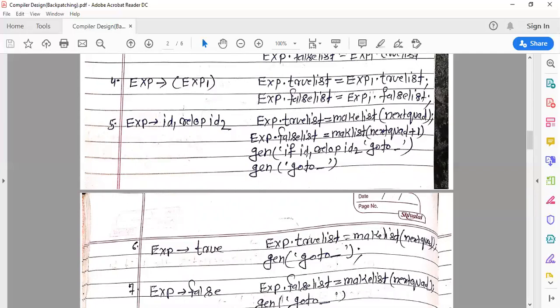So for this statement we have address 102 because this is the true statement, where id1 is r and id2 is s. This 102 is the address at this node exp.truelist, and exp.falselist is 103, because this is the false statement, and the address for this statement is 103.